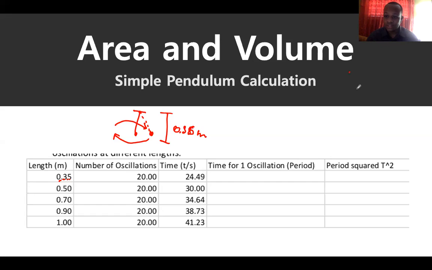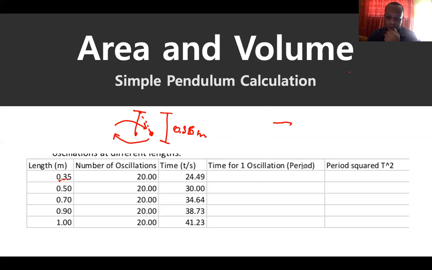You want to give it a shot? Can I say how many time it would take to complete one oscillation? So it takes 24 to complete 20. So how much time would it take to complete one? What would you do here? We will divide, right? So we're getting somewhere. There's some kind of division involved, and our time for one oscillation is referred to